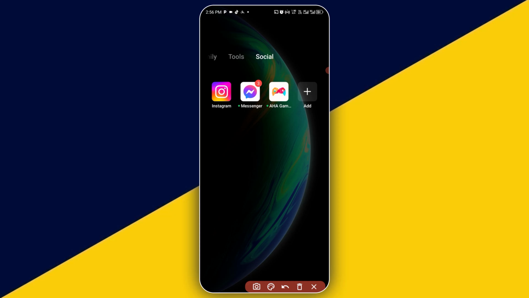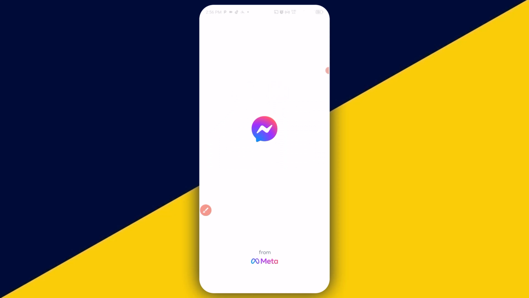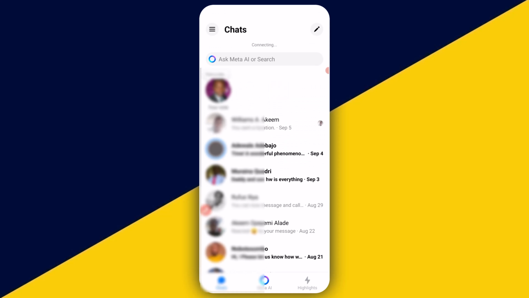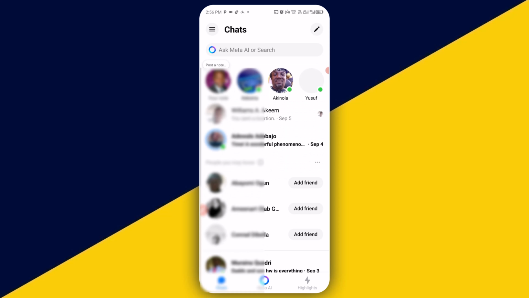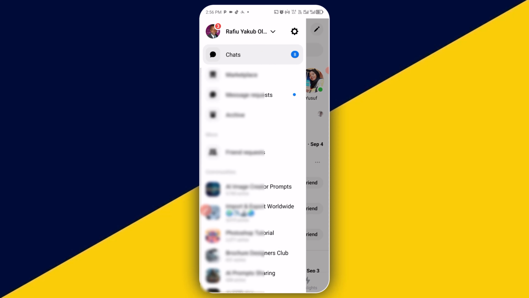The very first thing you need to do is to open up your Messenger app. So I'm going to simply click on here just to open it up. So the next thing you want to do is to simply click on here, just like so. Next thing you need to do is to simply click on this setting icon right here,